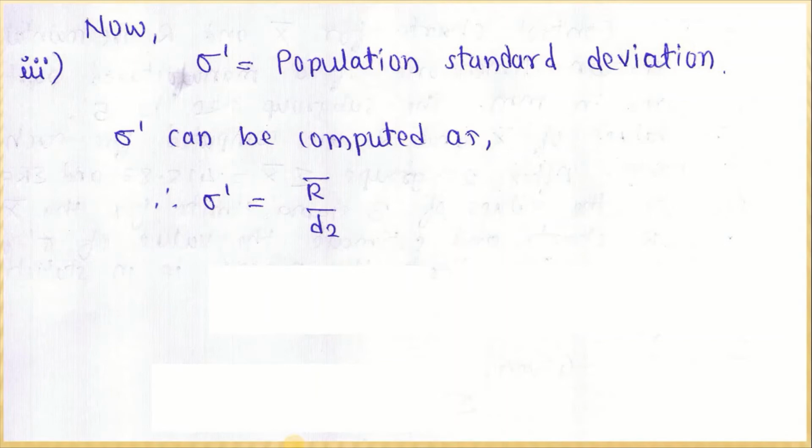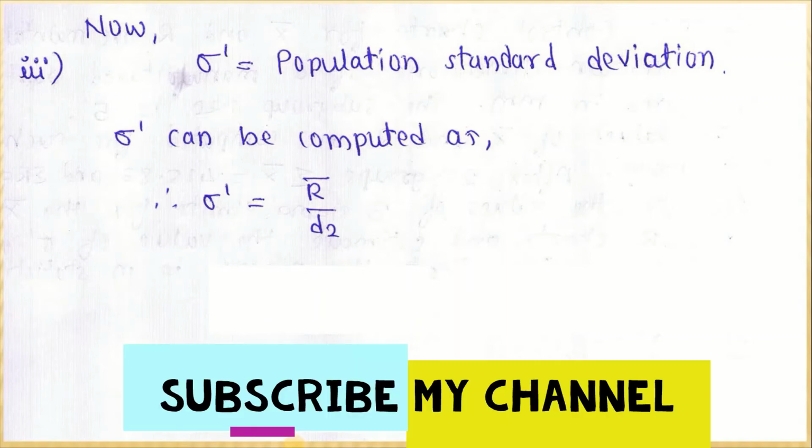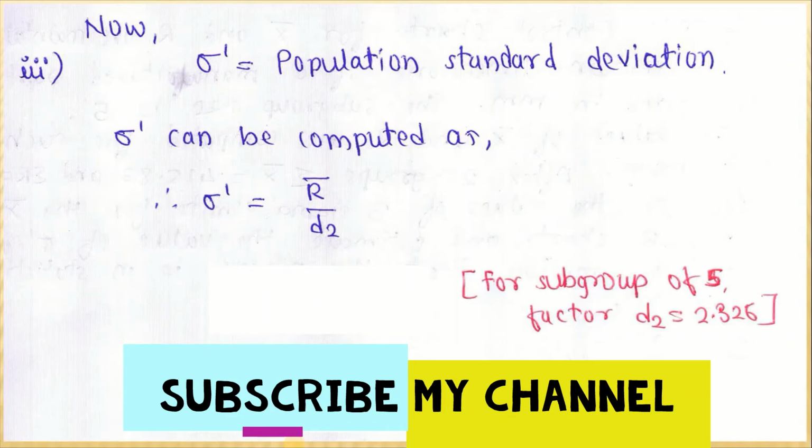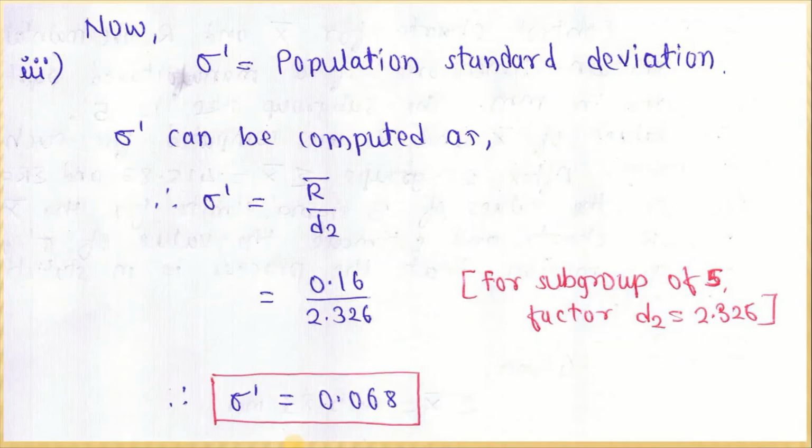These D2 values are standard values based on the subgroup size, and can be obtained directly from the table. The D2 value for the subgroup size of 5 is 2.326. If we put this value in the equation, we get the population standard deviation sigma dash as 0.068. So by taking the grand average, that is X double bar and R bar, and the population standard deviation, we can calculate the